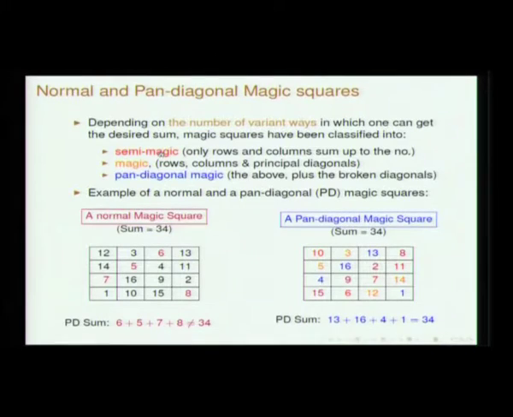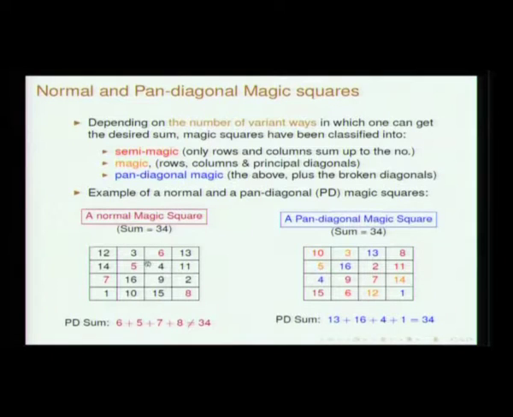Before proceeding further, I would like to introduce certain terminologies. A magic square can be broadly divided into semi-magic, magic and pan-diagonal. Semi-magic is one wherein only rows and columns sum up to a given number, not even the diagonals. If the main diagonals also sum up, it is a magic square. And pan-diagonal is something wherein not only the main diagonals but even the other diagonals sum up to